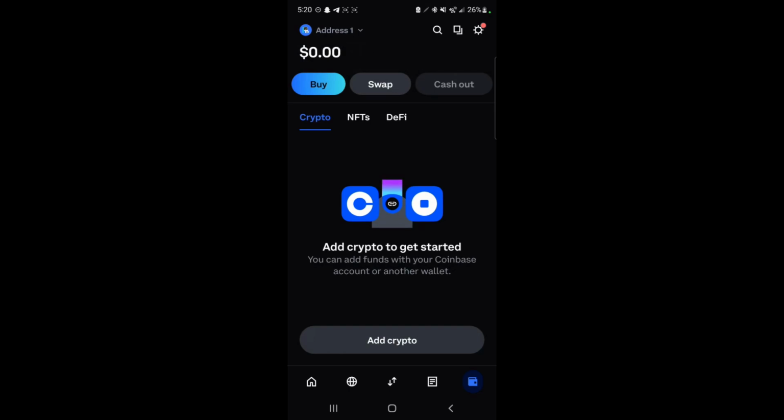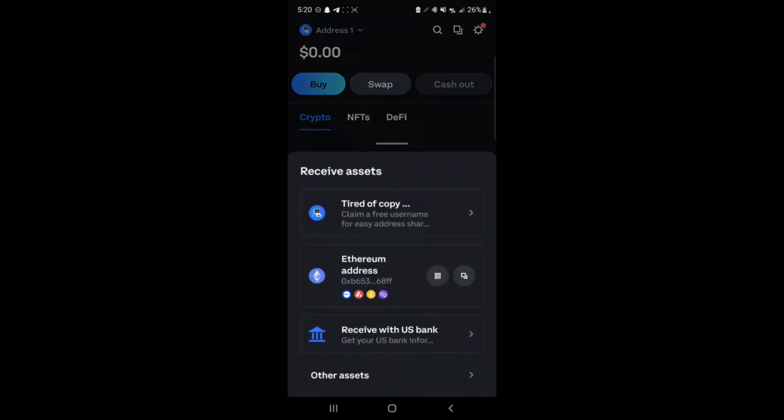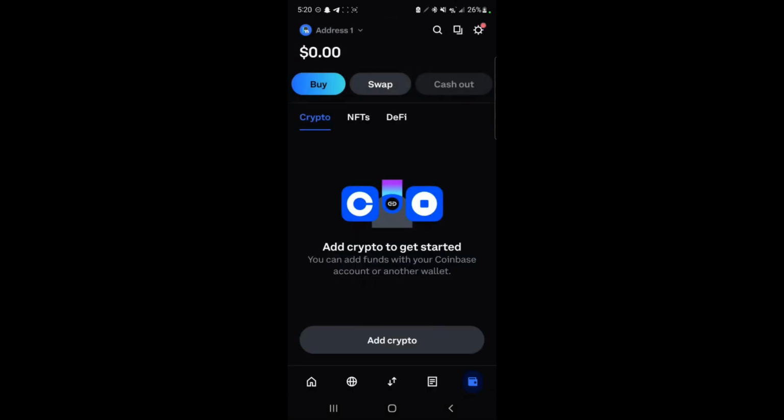Later on in this tutorial video, you're going to need to find your wallet address. And to do that, you will just click this kind of copy symbol over here. And here you can find your Ethereum address, which will be the one that you are using. Just kind of to delve into that a little more, anybody who has this public address that we just copied will be able to see what this wallet holds,